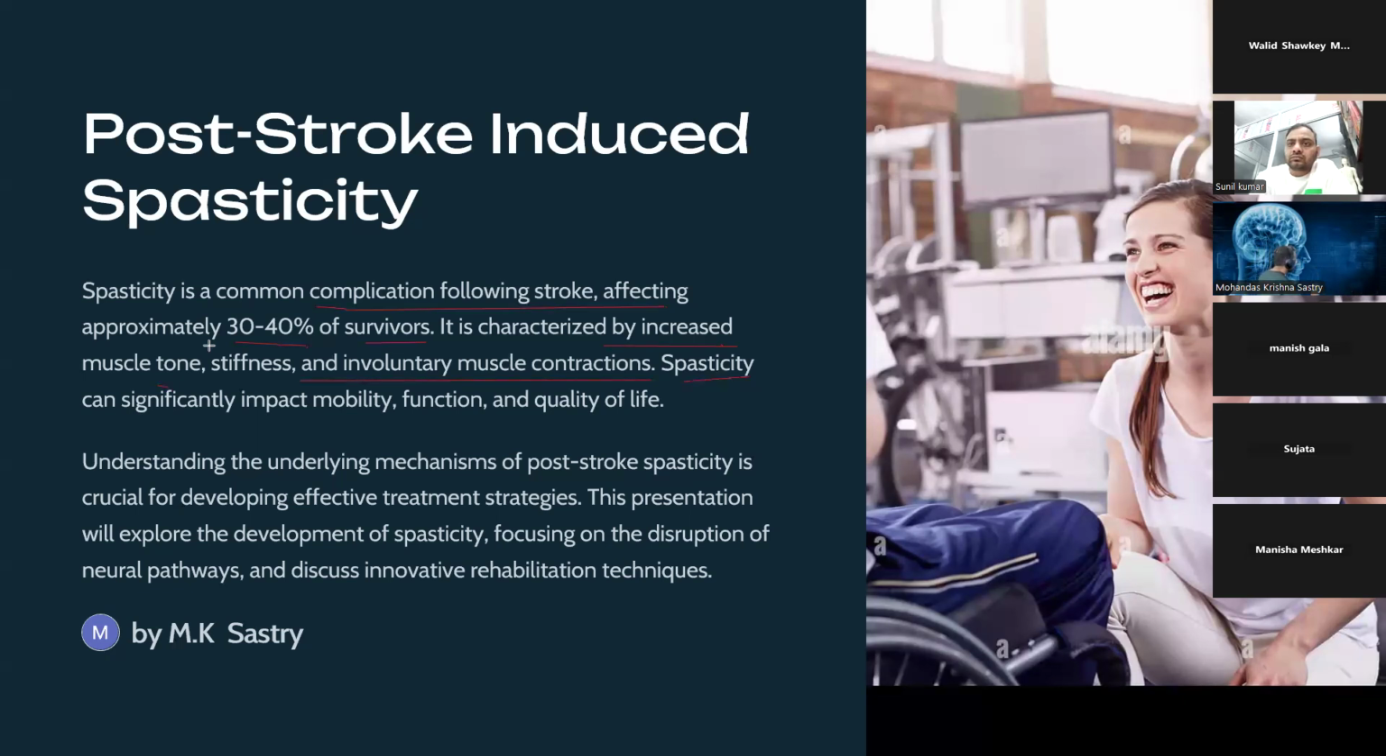Spasticity significantly impacts the mobility and functions and quality of life. So the most important part of spasticity is it destroys your life. It makes you dependent, and once it comes, it becomes very difficult for you to recover. So the most important part which we understand in spasticity is to break the path of spasticity. Now to break the spasticity,